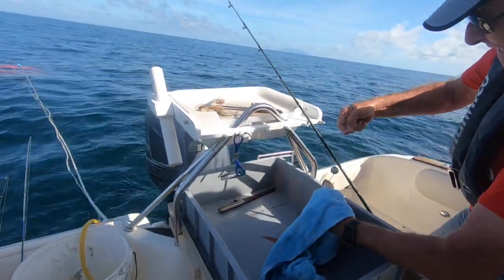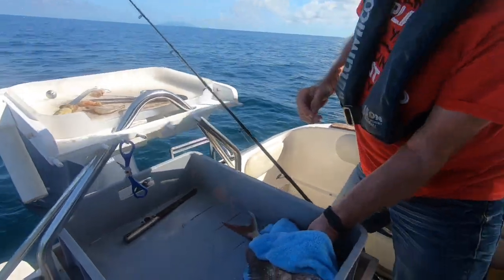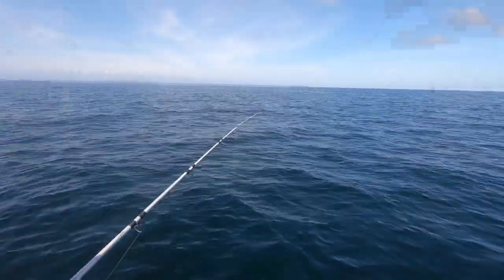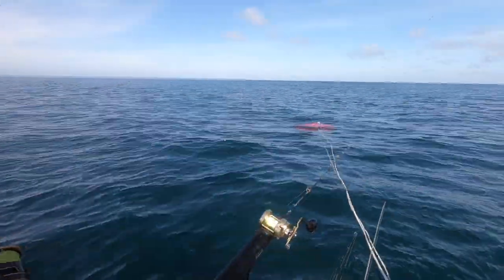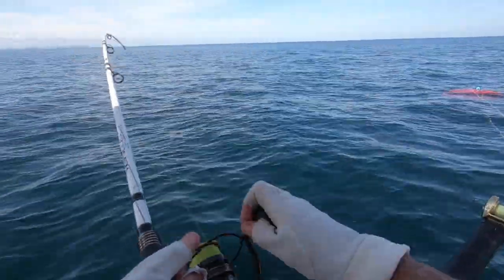47 metres here. We can see a bit of bait on the sounder as well, so there's definitely bait around. See? He's good. Yep, he's good. And over here I have a fish on my rod again, the old lucky rod. See what's there. Oh, I'm in trouble. I got two fish going on, both quite good. That rod out the back's got the big bite on. Oh. And the one I'm playing is...